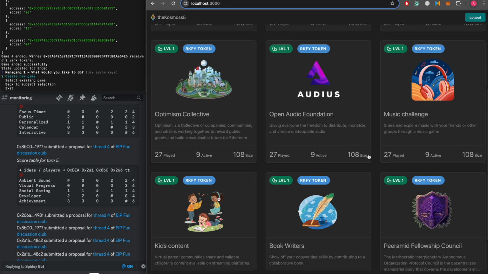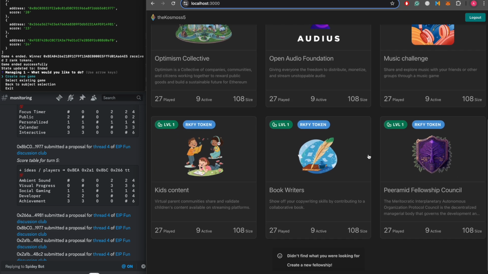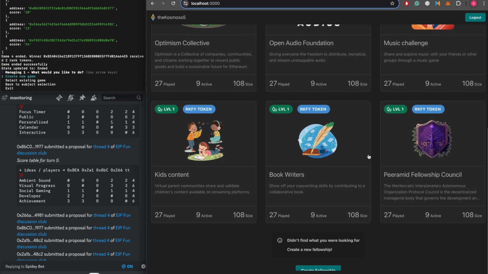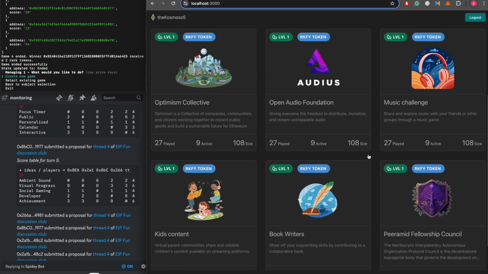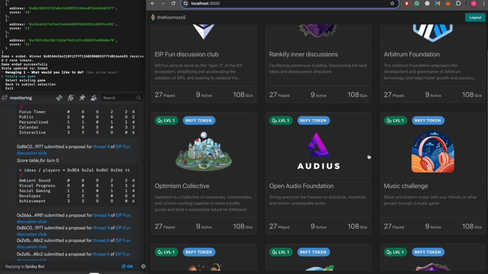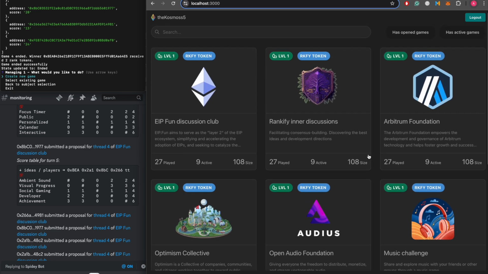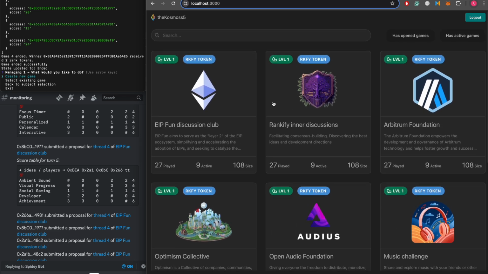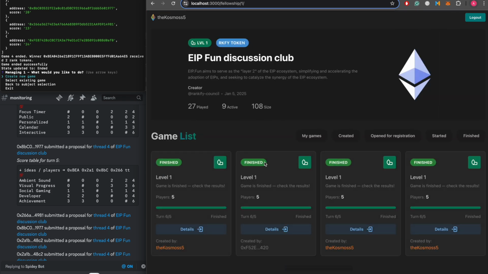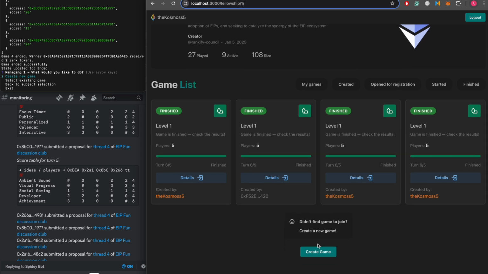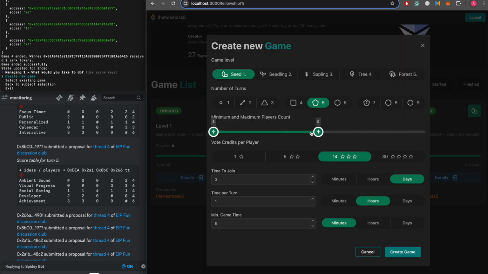knowledge. So you can see inside we have a bunch of communities created for the demo purpose. Each of those communities are basically derived from some base asset, and they represent the transformation from that asset into the fellow. And they have some description, metadata, stats, and levels. All of this is stored in decentralized storage, so we don't have any API servers except for the blockchain and decentralized ways. And now we're creating a game.